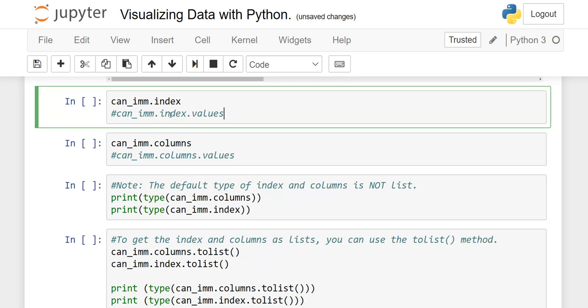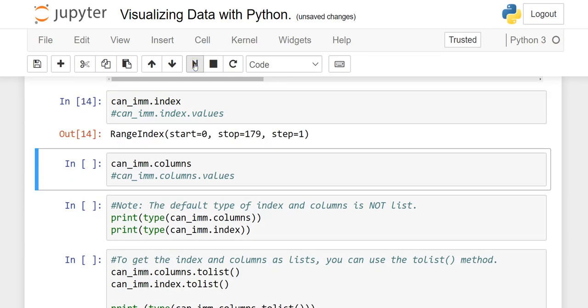Now index. See, there are two different kinds of syntax. One is only the data frame name dot index, and then dot index dot values. I will show you the difference between these two. Here it only gives you the idea that it will start from 0, stop at 179, and step is 1, right? Step means that it is increasing: first is record 0, then 1, 2, 3, 4, and so on, stepping by 1.